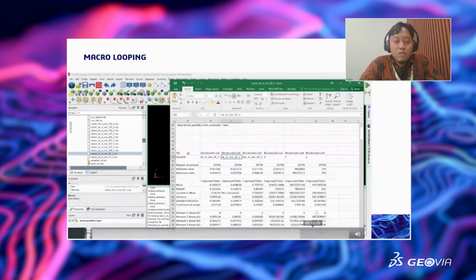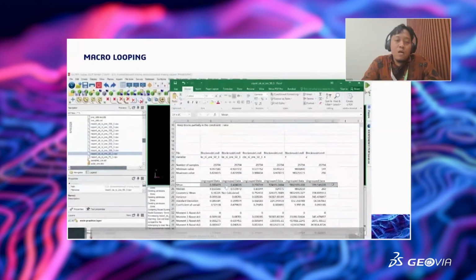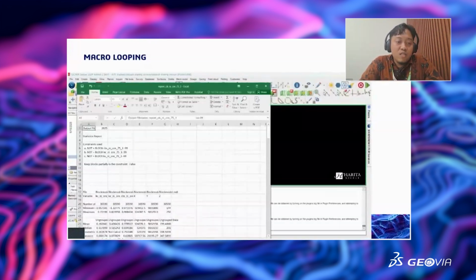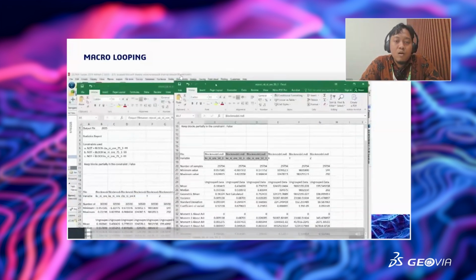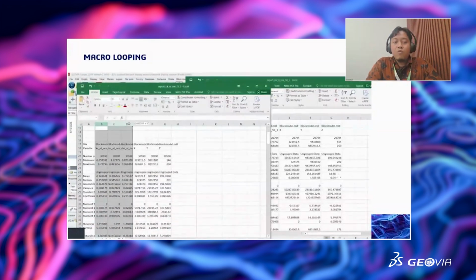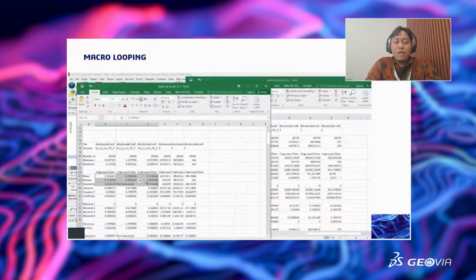If we take a look at the CSV here, there are a lot of statistics of our kriging parameter, such as kriging variance, kriging efficiency, and conditional bias slope. So we will compare one by one by using graphs. There are a lot of ways to do the graph, but in this case, I will show you.